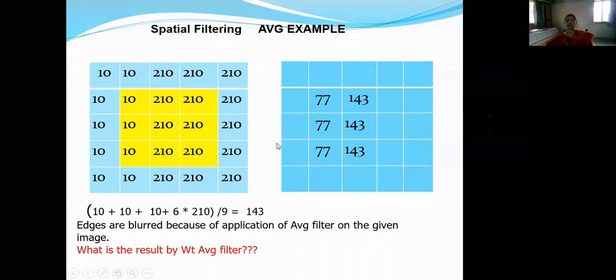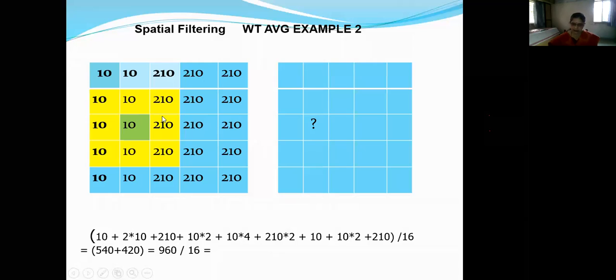Now let us see how much blurring is caused by weighted average filter. So simply apply weighted average filter for this first pixel and second pixel and give me your answers in the chat box. So now instead of standard averaging filter, we are applying weighted average filter. For weighted average filter, the weight for the central pixel is 4 by 16. At vertical and horizontal positions, the neighbors' weight value is 2 by 16 and for diagonal neighbors the weight value is 1 by